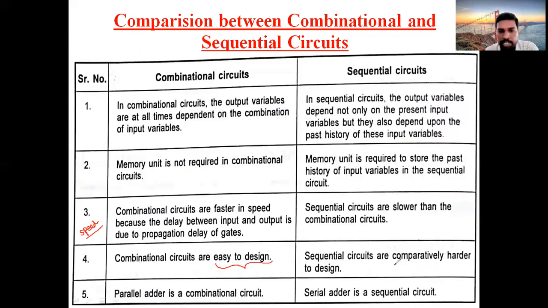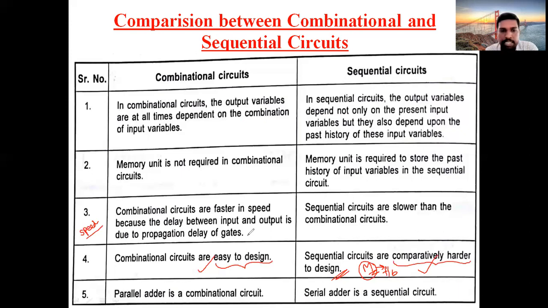When compared to combinational circuits, sequential circuits are comparatively harder to design. Why are they hard? Because here we have memory elements that have to be linked with a feedback for the circuit. You need to derive the particular memory elements you are using and reconstruct their functionality. But in combinational circuits, no memory elements are there, simply taking the inputs and generating the outputs. So compared to sequential, combinational circuits are very easy to design, but sequential circuits are somewhat harder to design.